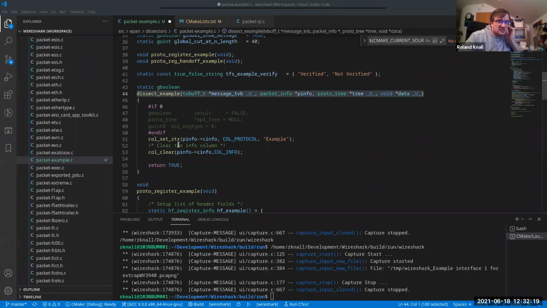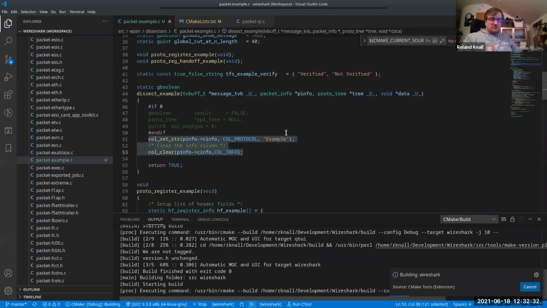What you're doing now is you start dissecting your protocol. And one of the first things most protocols do is they set the info column. So when you run Wireshark and you see something in the info column,